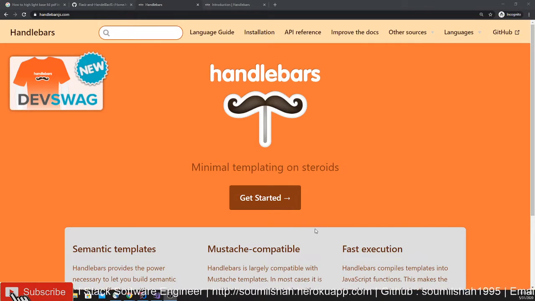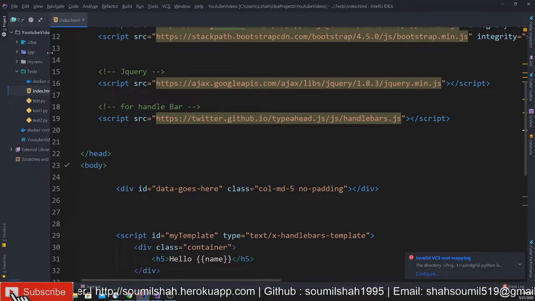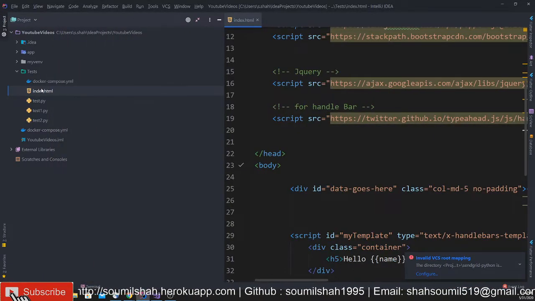In this video, we will be exploring handlebars. So right from basic to the advanced level, we'll be learning everything about handlebars. So let's get started. The first thing that you need to do is basically open an empty index.html file,